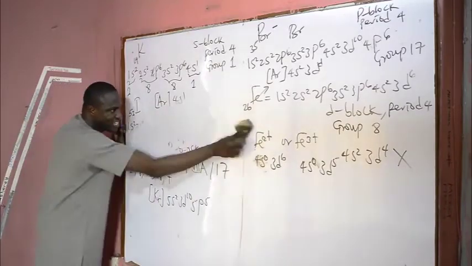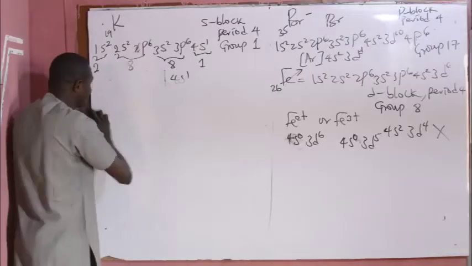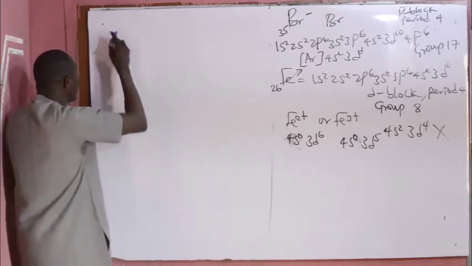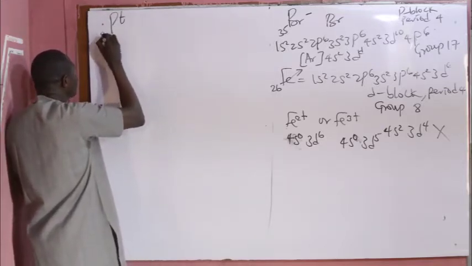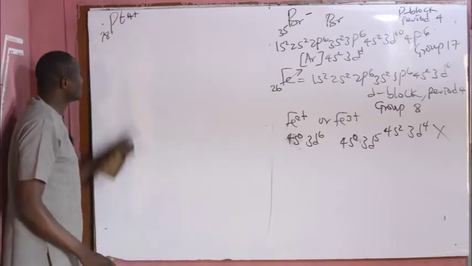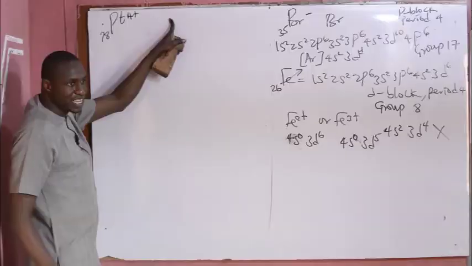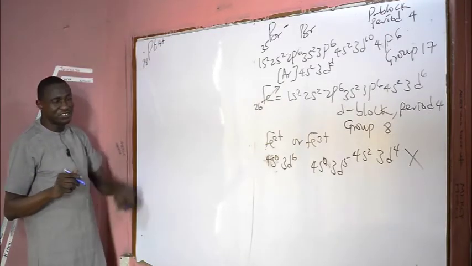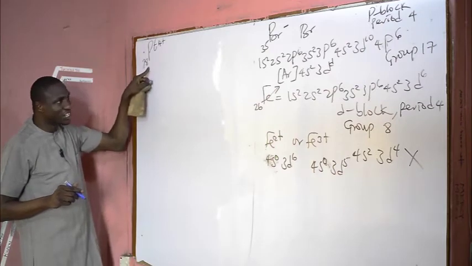So let's look at another example where you have platinum. I want to take an atom of higher atomic number and see how you subtract electrons. Platinum 78, 4+ ion. How do you write the electronic configuration? We have a total of 74 electrons here after losing 4 out of 78. But it is better for you to write for the neutral atom, which has a total number of electrons of